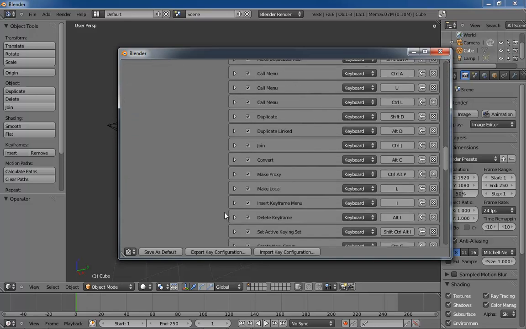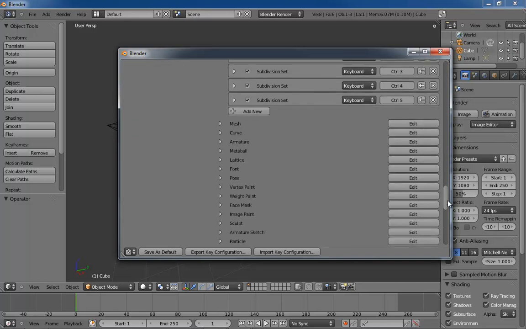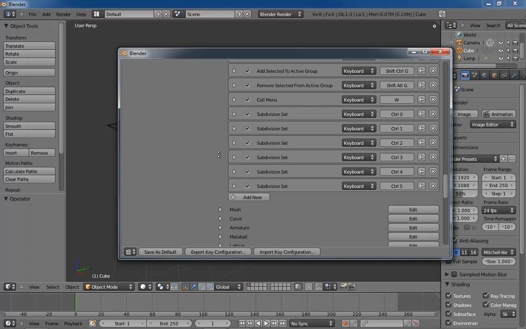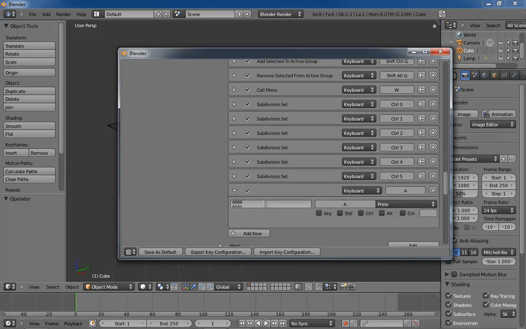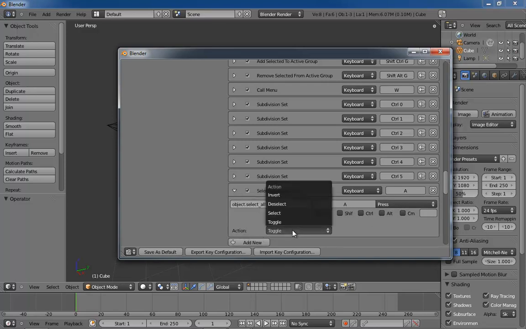And then we can scroll all the way to the bottom, or just do it a little bit faster. There we go. Or I could use middle mouse and drag. I'm going to click Add New, and then expand this, and underneath my command I'll hit Control-V to paste in object.selectAll. Now, when I press Enter, we get our little action which appears because Blender recognizes this command. We're going to set this to deselect,